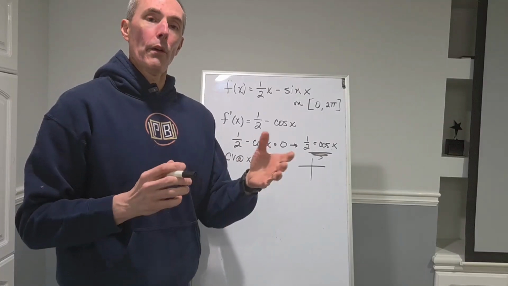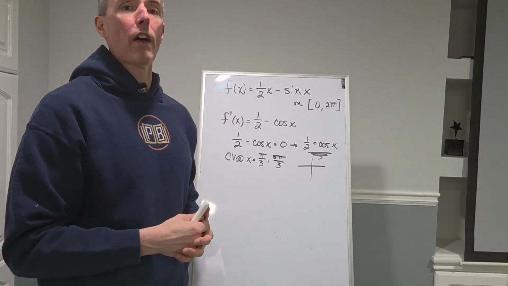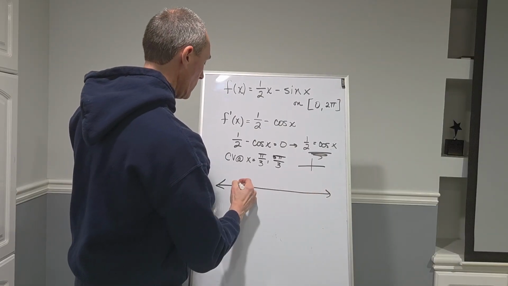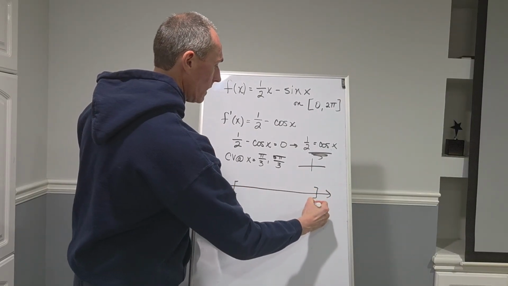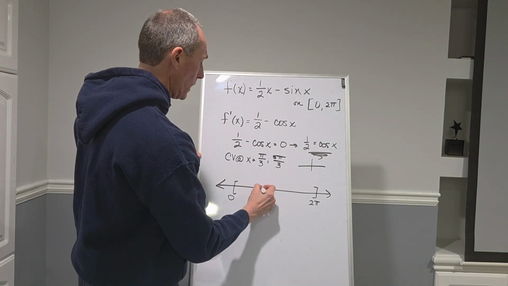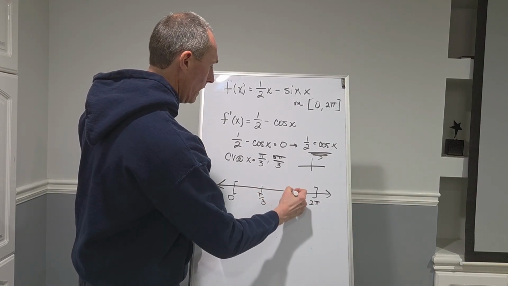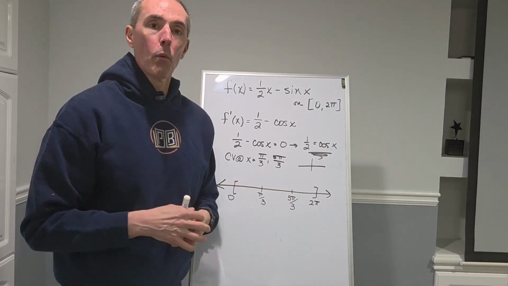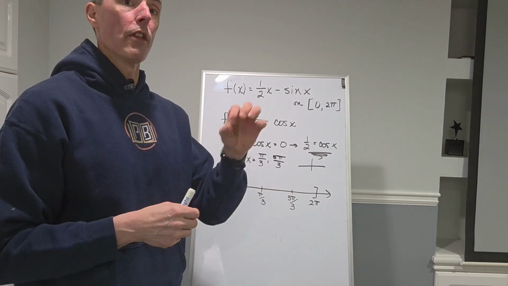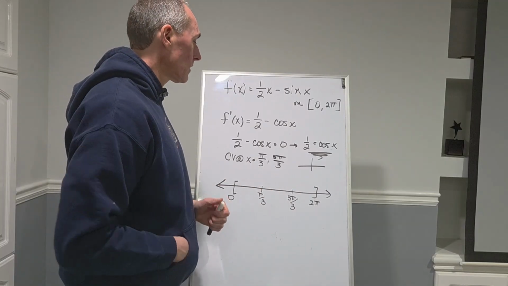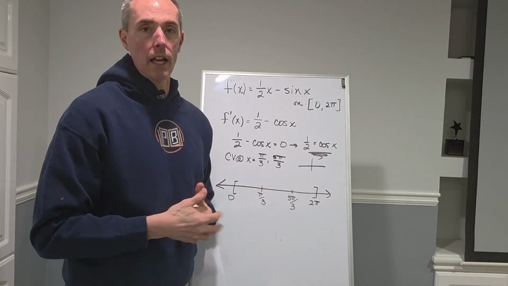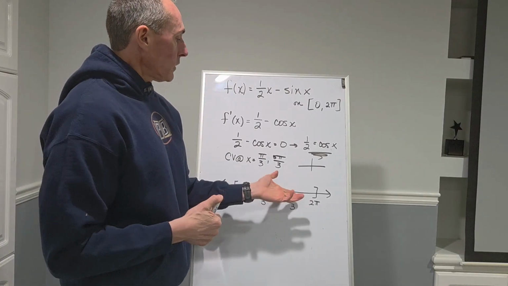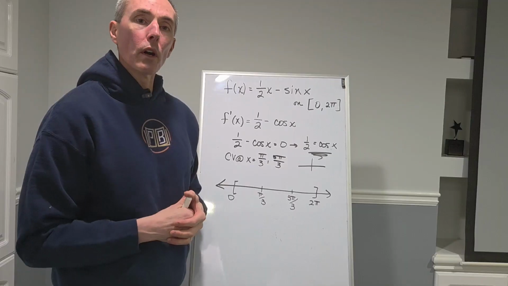So step 3, now we need to test the intervals around the critical values. And remember, we are going to restrict this thing from 0 to 2 pi. We only have two critical values to worry about here, so pi over 3 and 5 pi over 3. And now we think about what values we can substitute into, remember, the derivative, not the original function. So let's think about what's between 300 and 360. Well, 315 would work. So if we took something like 7 pi over 4,